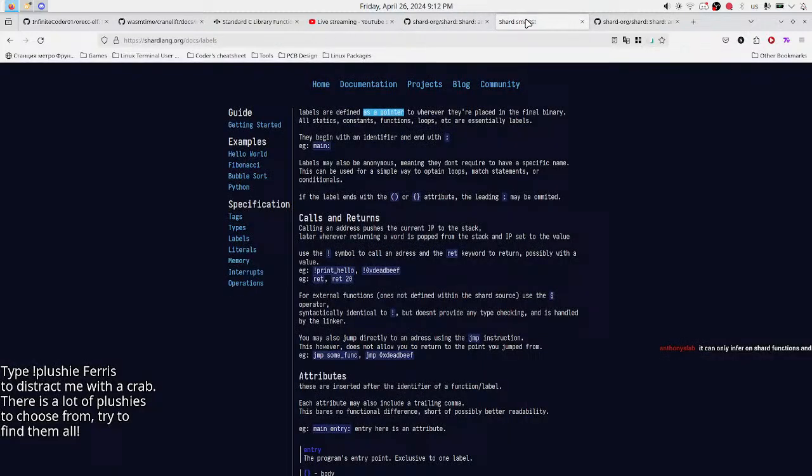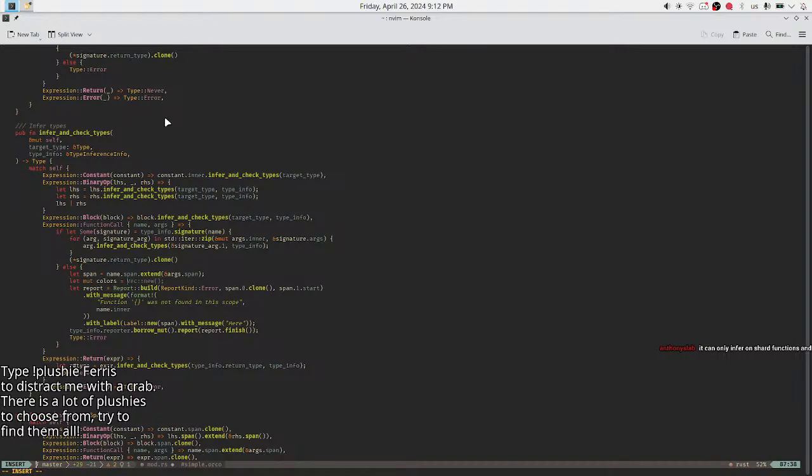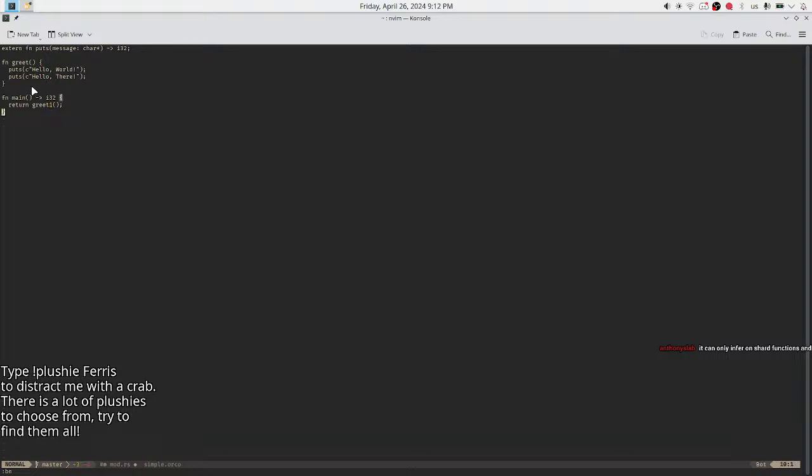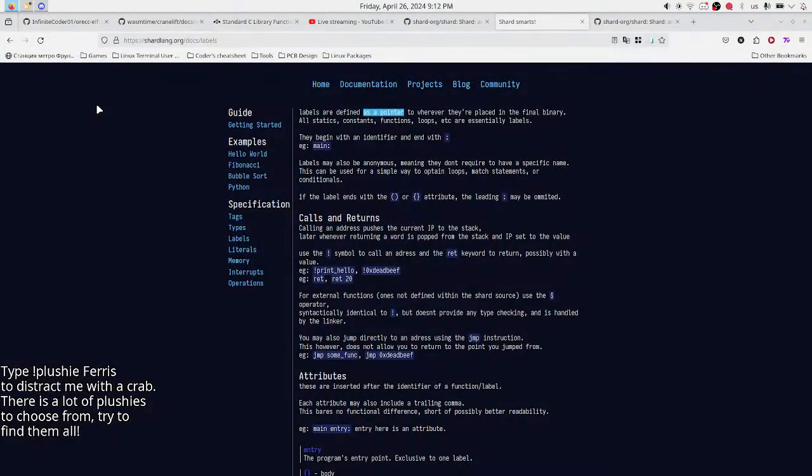But that's type inference. Come on. I only infer literal types. So if you write like return 0, it will determine that the 0 is a 32-bit signed integer. And no type inference yet.